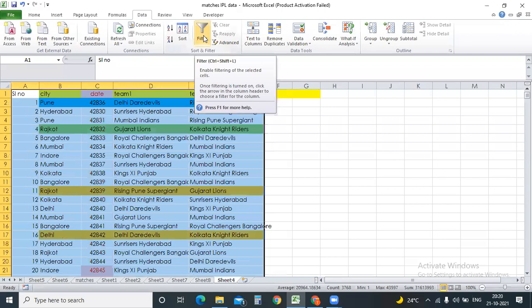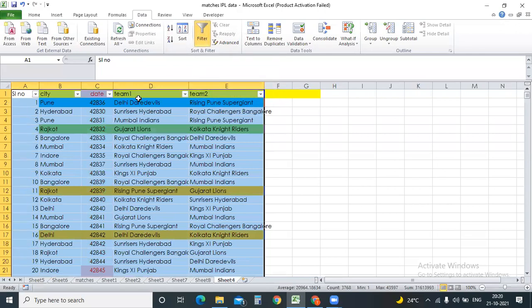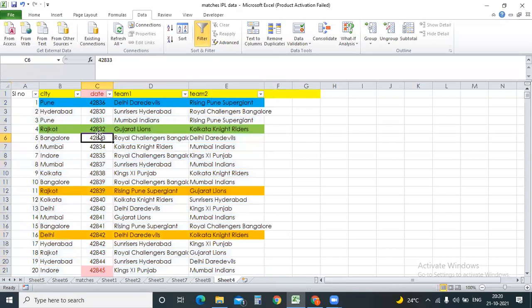Filter. Just click on the filter. Now you can see the one drop down over here. Click on the drop down.